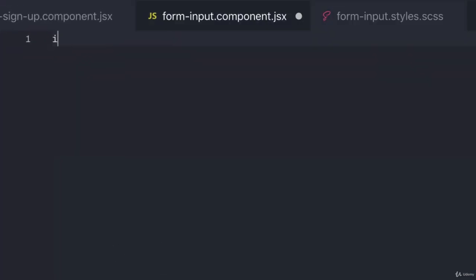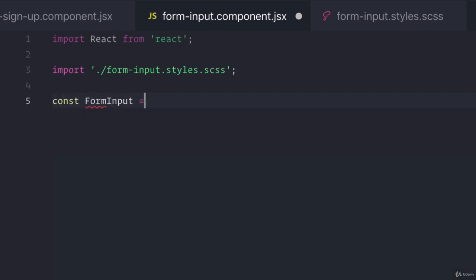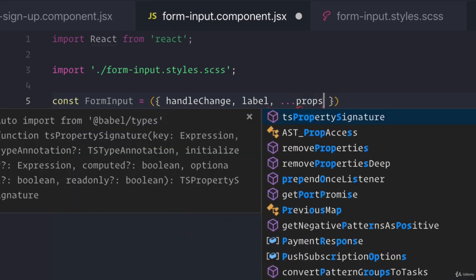And inside of our form input, it will be a functional component, because we don't want any state on this component. What it will take is a handle change prop, a label, and then the rest of the props